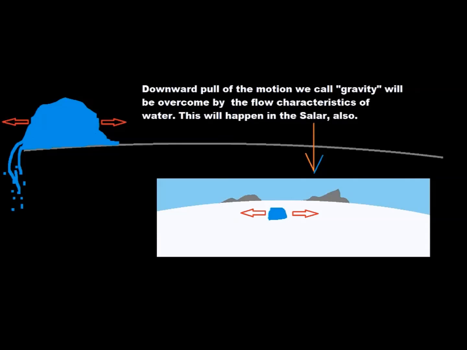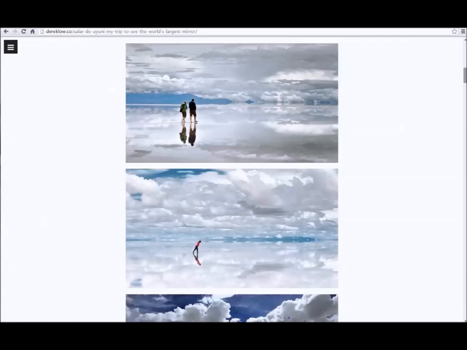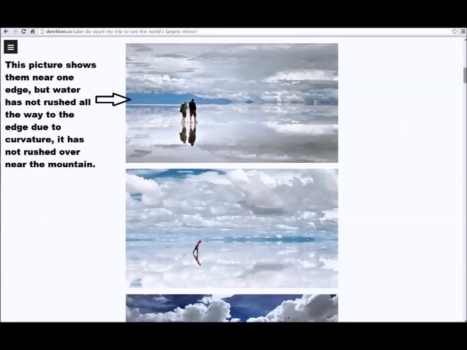No, so looking at the picture of the salar here again, I don't see how all of a sudden the situation is different. Yeah, we've got a larger distance, but who cares? In our thought experiment we just did, we allowed for a flat surface. We didn't even have the curve that the salar picture shows here. And we still know that the flow characteristics of water will be violated. But if the salar is going to have standing water all across it in this picture, somewhere or another we're going to violate the definitions of a liquid,